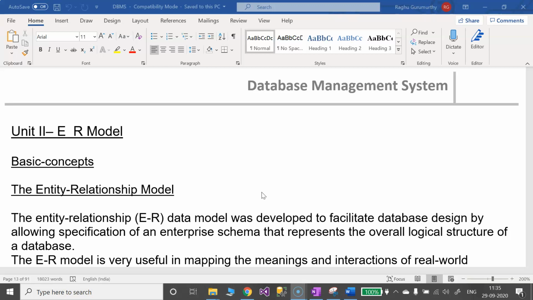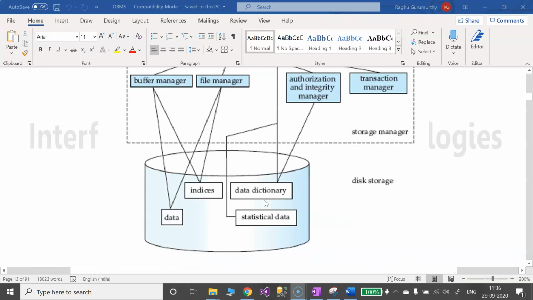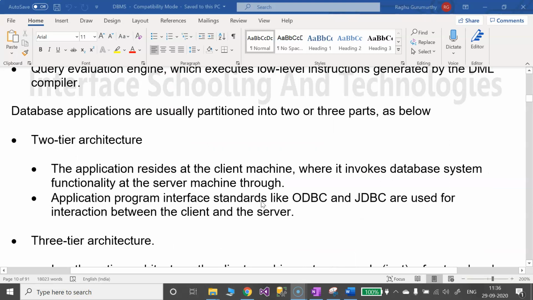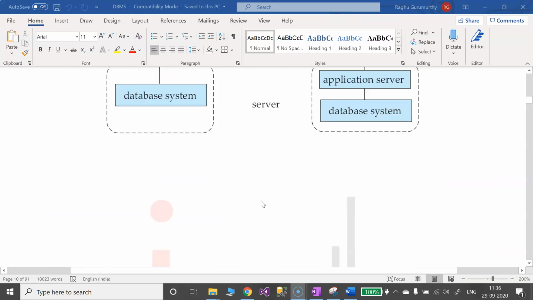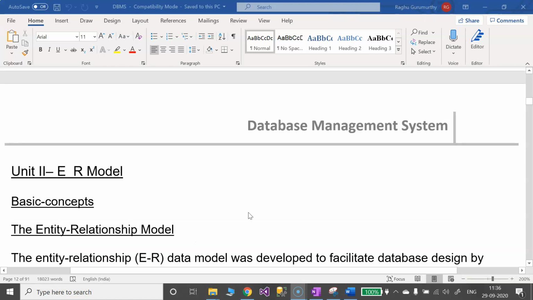Hello students. Yes, this is our DBMS class and we need to start our chapter 2, unit 2, that is the entity relationship model, the ER model. Up to now we are done with our first chapter apart from one topic, the structure of DBMS. Apart from this we are done with all the concepts in our first chapter. Now we need to look at what exactly the entity relationship model is.